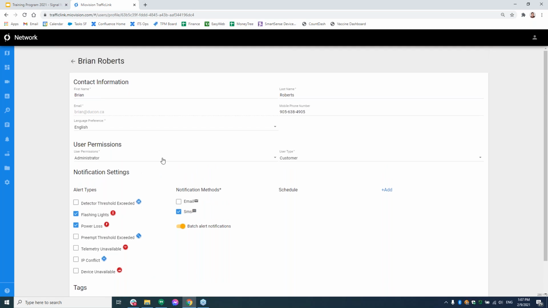When it comes to user permissions, there are 4 general things, and the administrator one is the one I'm going to talk about in a second. That is more of the new updates. But you can either be an administrator. An administrator is allowed to read, write, they can change things, they can add devices, they can add other users. They have full control over the whole platform. Read, write is they have full control over everything in their account, but they can't add or remove other users. View only with video, you can go in and view everything, including the video, or just view only, which doesn't include the video.